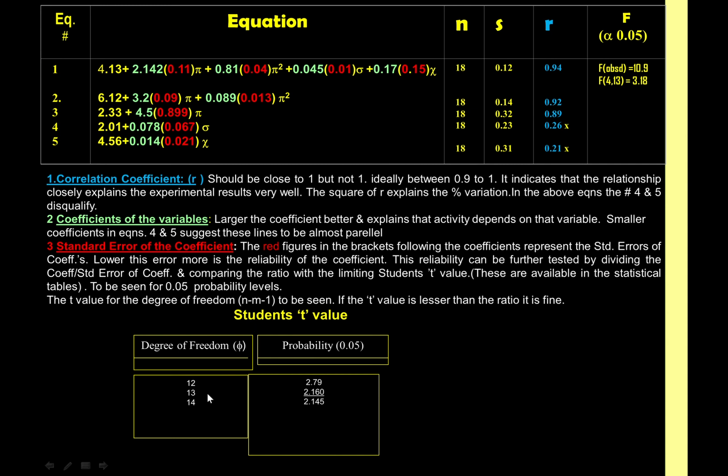And from degree of freedom, now like for 18, and you have here 4, so 18 minus 1, 17 minus 4, your degree of freedom is 13. You should get a value less than 2.16. This is a table value. Your value should be less than that. There is also something called